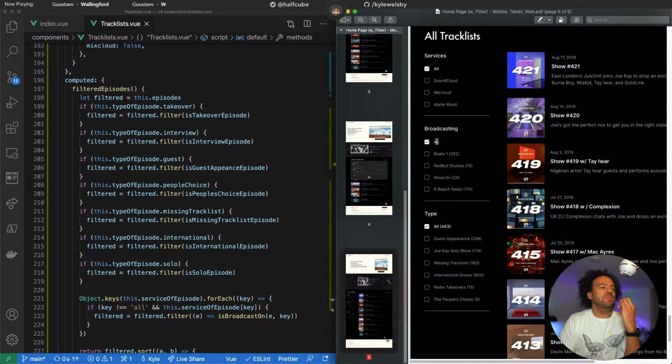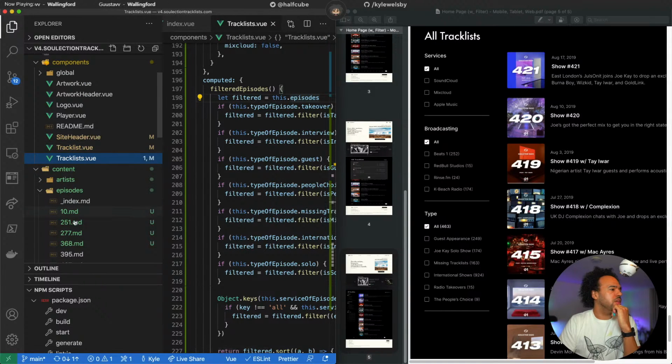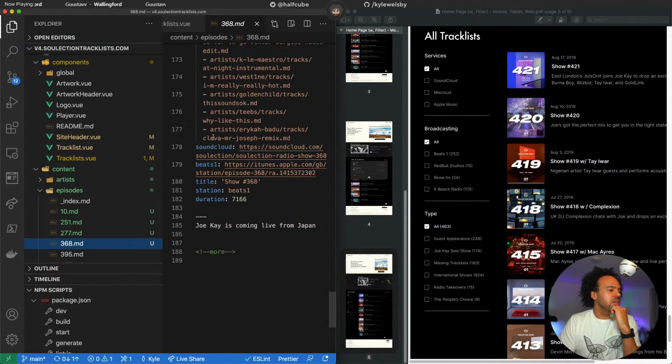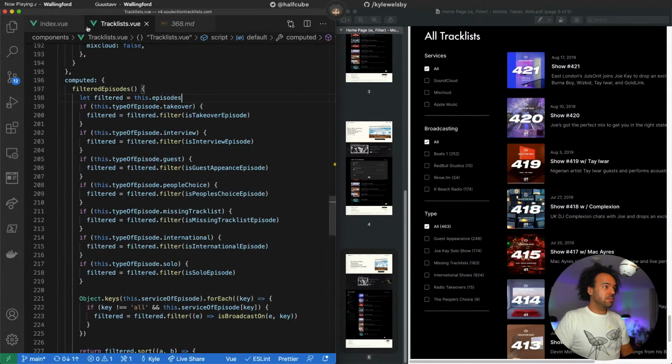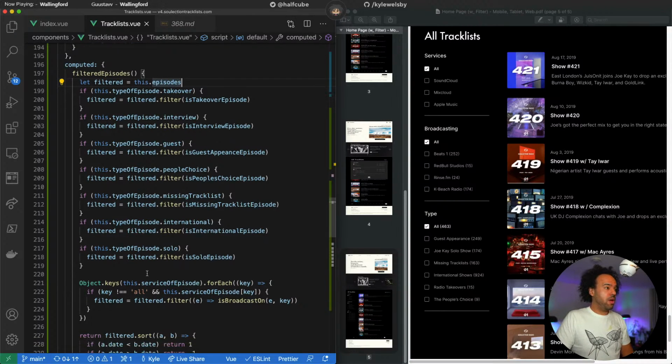Yeah, I do capture that data, the broadcasting. Let's have a quick look at some of the episodes. So, the location and the station it was. So, which station it was broadcast on. I can't just check whether it was uploaded to SoundCloud and Mixcloud, because I want to know what station it was broadcast on, whether it was K Beach Radio or not.